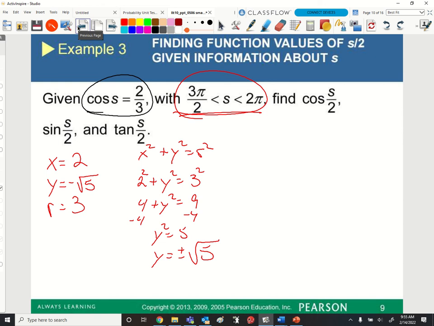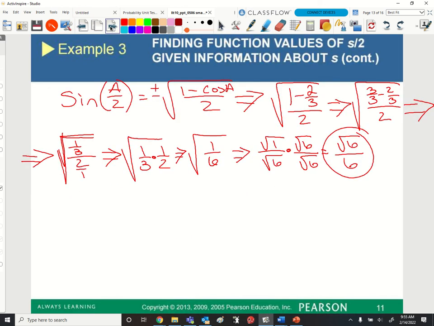And tangent is y over x. So x was 2, y is negative radical 5, r is 3, and tangent of A over 2